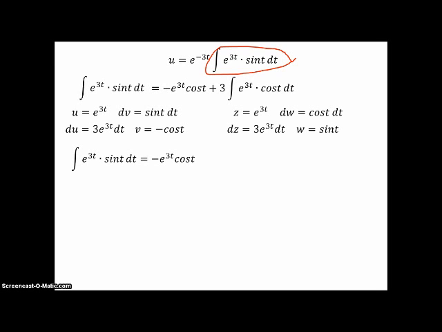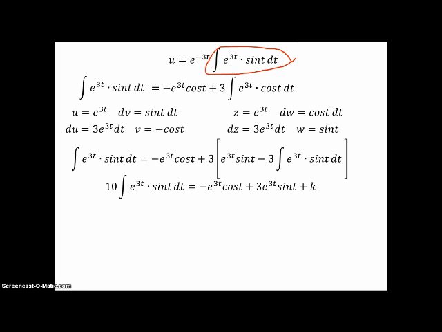So filling in again, we have what we originally had, negative e to the 3t cosine t plus 3 times the new formula for our second integral there. So we get z times w minus the integral of w dz. Okay, now you might notice that we've got the same thing on the right as we have on the left as far as the integral is concerned. So we add 9 of those integrals to both sides, which leaves me with 10 of them on the left, and then just negative e to the 3t cosine t plus 3 times e to the 3t sine t on the right, and then at some point when you integrate you have to have a plus a constant, so I just added plus k. So now we can divide by 10,